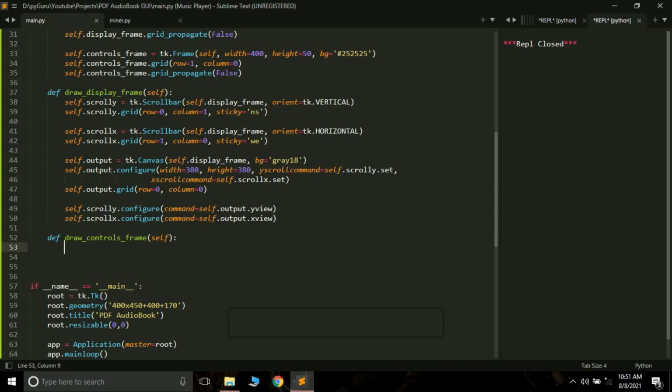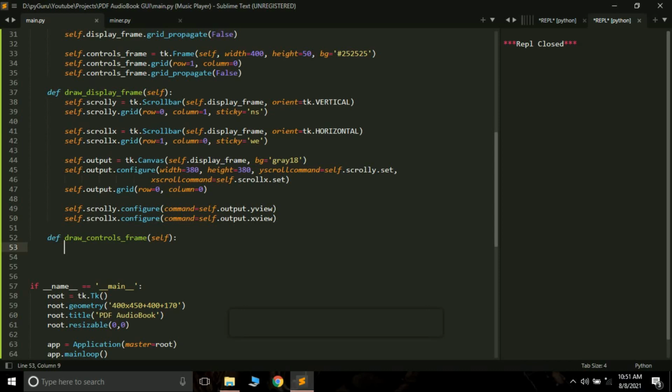Then there's an entry box which will help us search for any page in the PDF file. Then there is a speak button, which will help us disable or enable the conversion of text to speech. Finally we have a page label, which is simply a label widget that will show us the page number we are currently on.